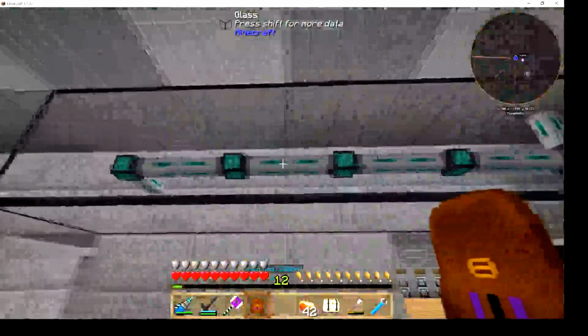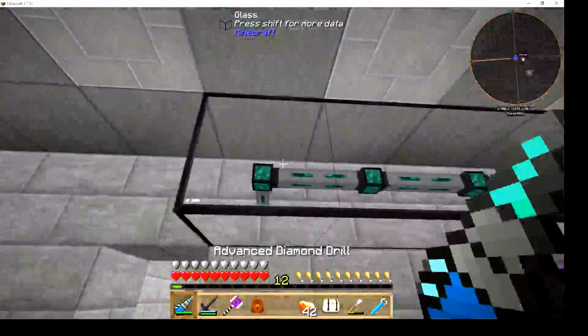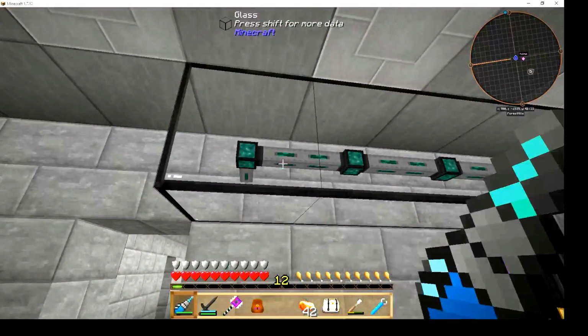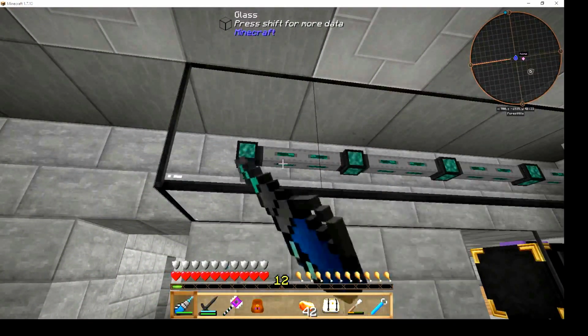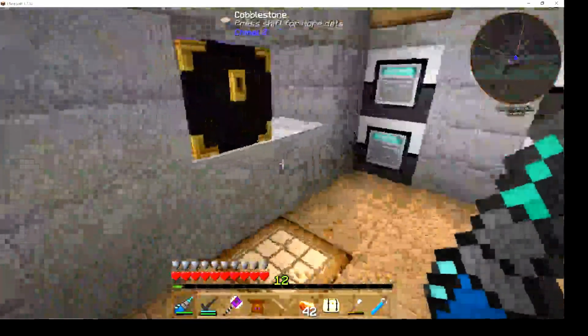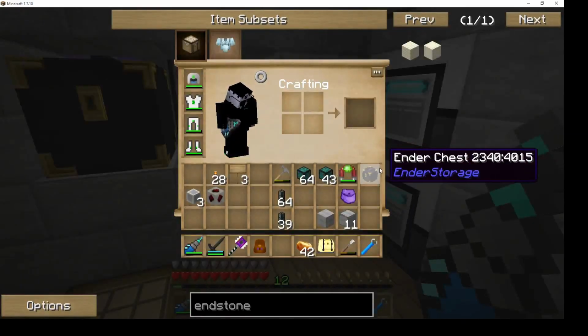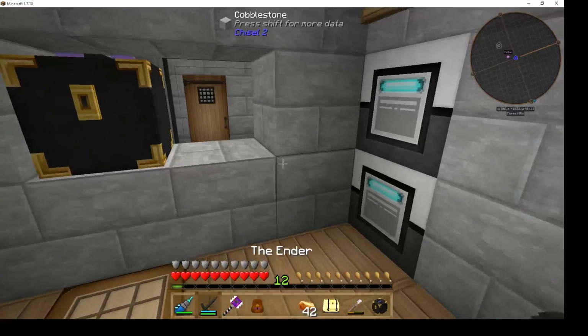See, I accidentally placed these glass facades, but if I try breaking them, as you can see, all I'm doing is stroking the glass. It's not letting me do anything. It's rather annoying, and I'm going to have to talk to the server owner. Now what I'm wondering is, if I put the overflow chest in here, is it going to let me...